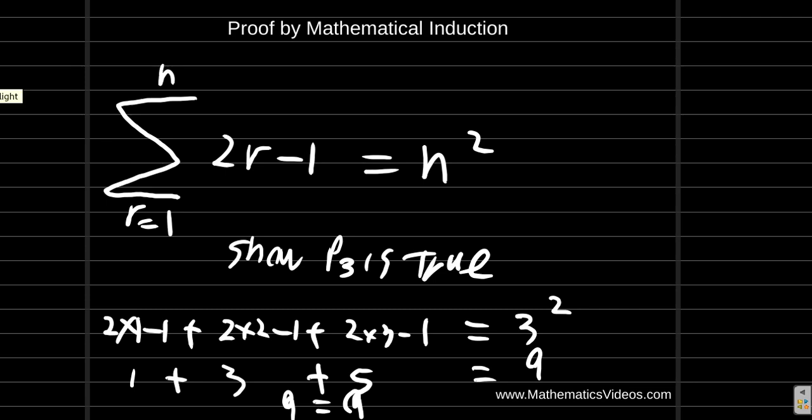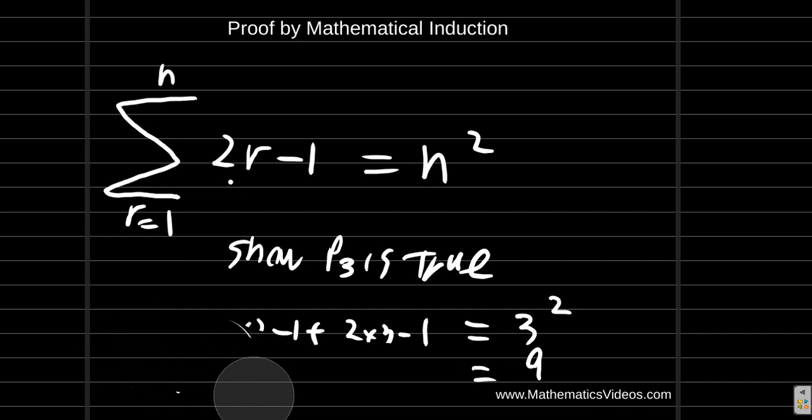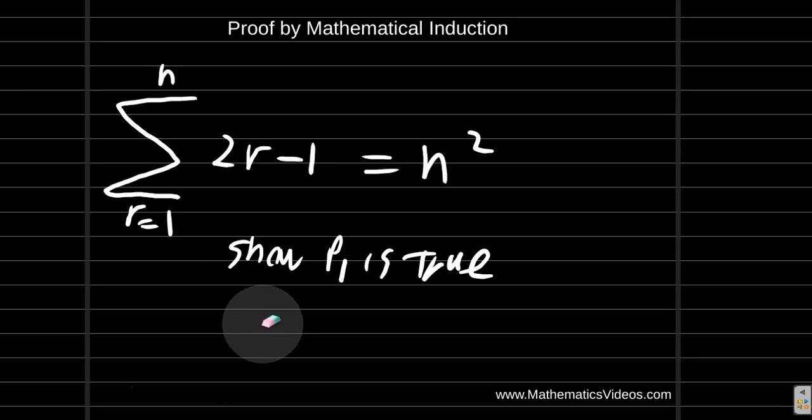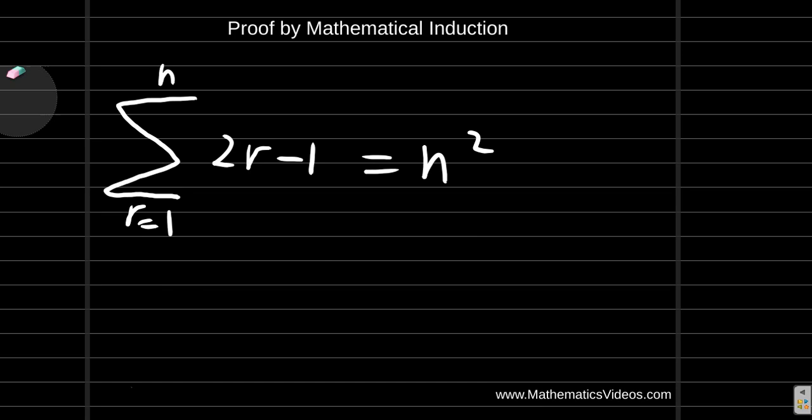Right? You could show that P4 is true, P5 is true, right? Just as practice. But the thing is, you don't need to do that in your exam, test, class test, homework assignments, and so on. What you need to do is show that P1 is true, which we did earlier, alright? Now, that's the first step. The second step is to